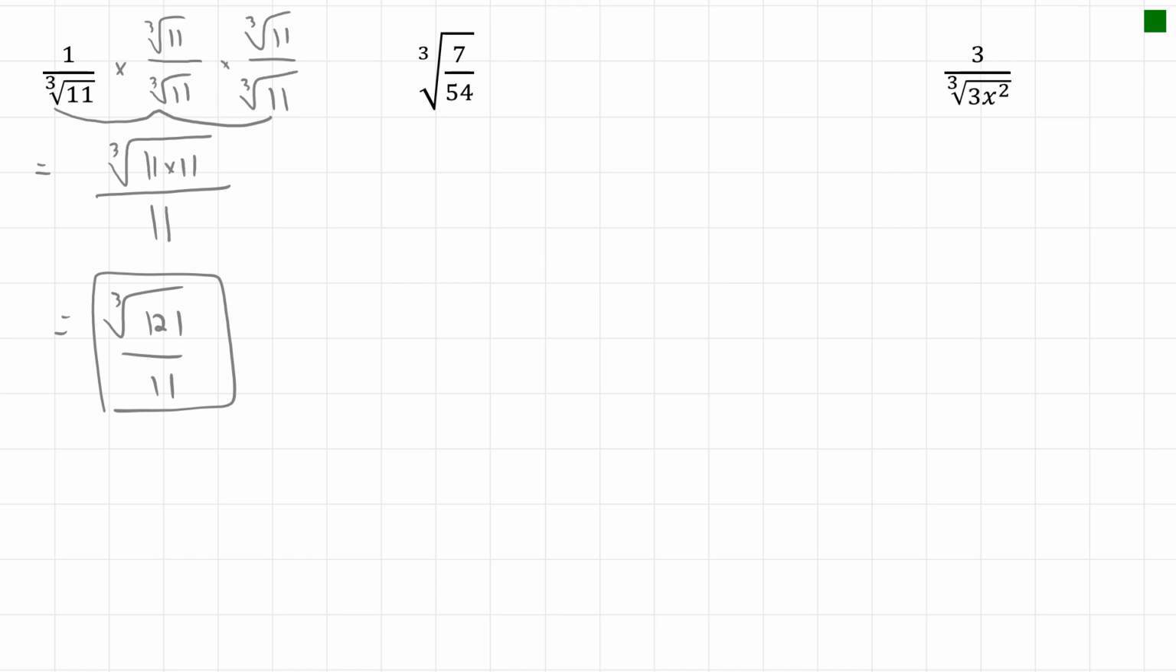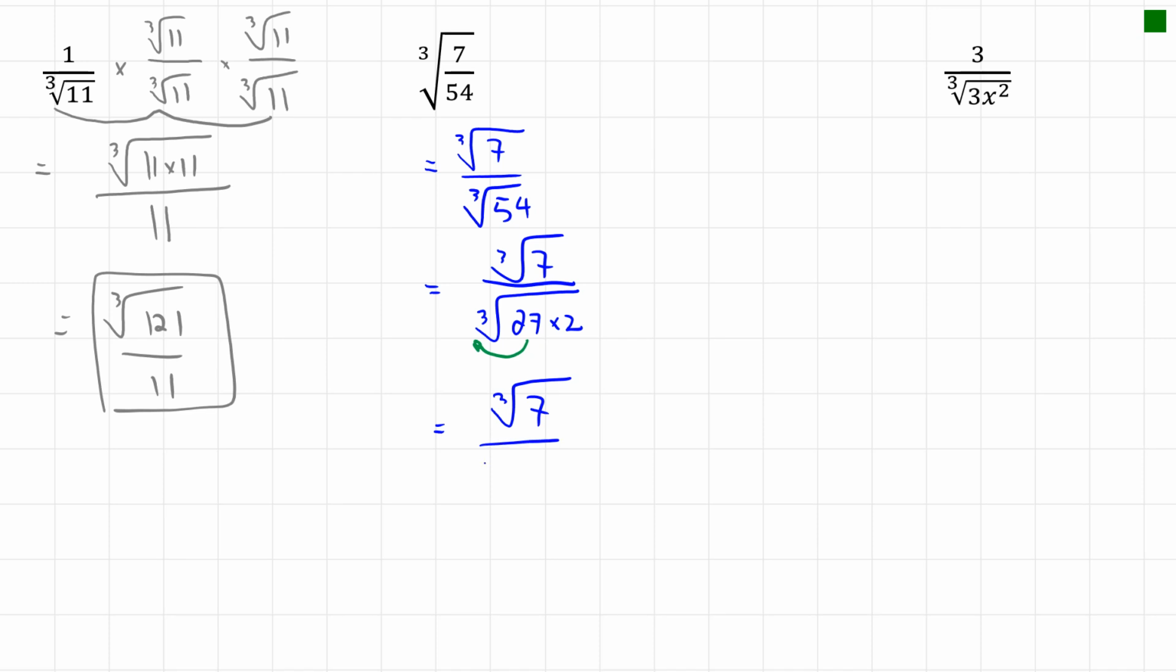For the second question, I'm going to split this fraction because I'm only needing to rationalize the denominator into 2 individual radicals. And 54 is a fairly large number, so I'm going to simplify that into 27 times 2. The reason I'm doing that is because 27 is a perfect cube. You can pull it out of the radical and the cube root of 27 is 3, which means my fraction now looks like